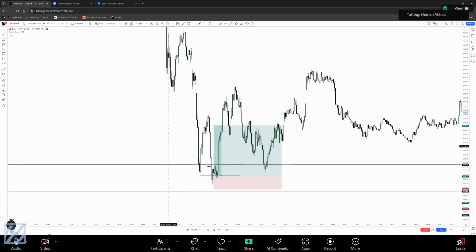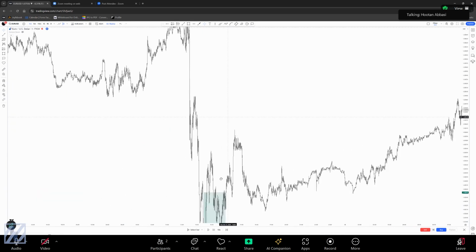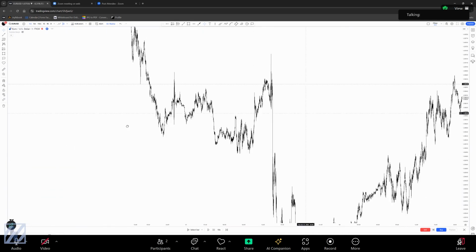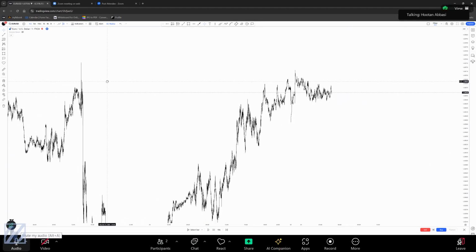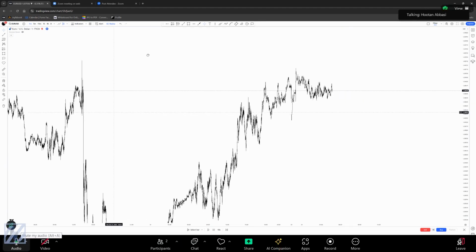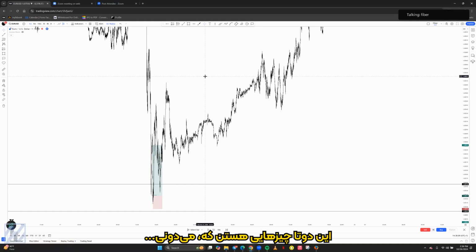So it was this liquidity, then price came back for transactional liquidity. I entered. So you need to have something you are working on, either efficiency or liquidity. These two are the things that